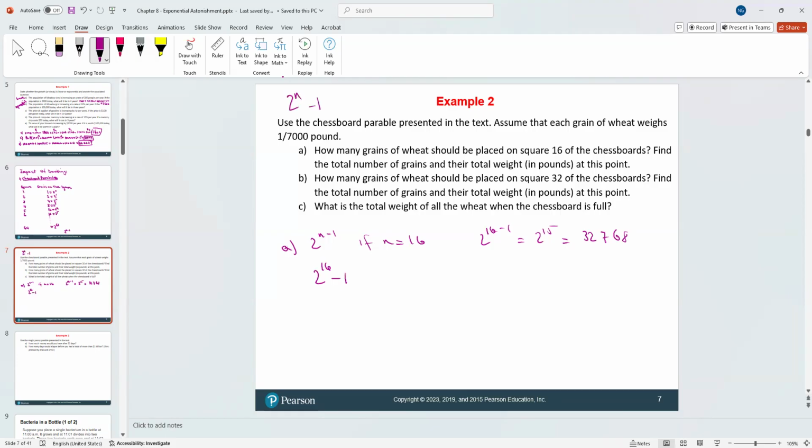Of course, when we do these examples, that's very important. From the patterns, we see that the grain total for all 64 squares is 2 power n minus 1. So we're not gonna do it this way. We're gonna keep this formula as is. So remember, use this formula. So 2 power 16 minus 1 would give you